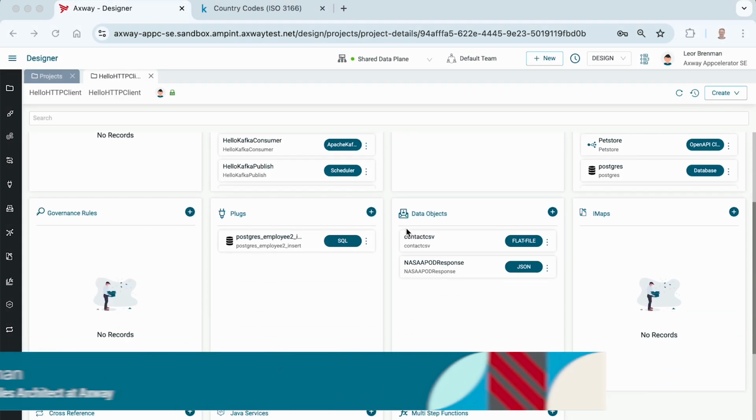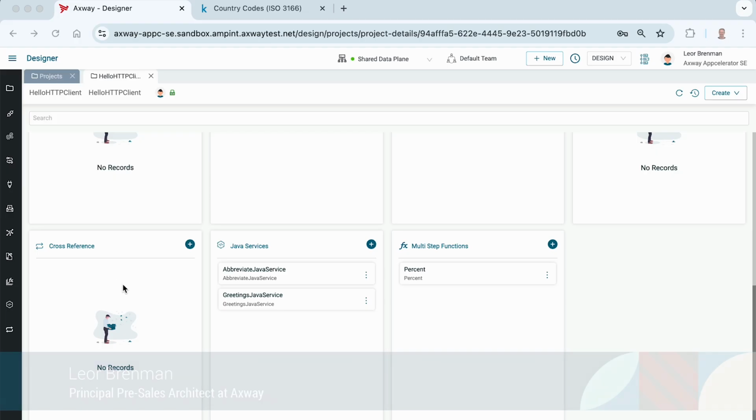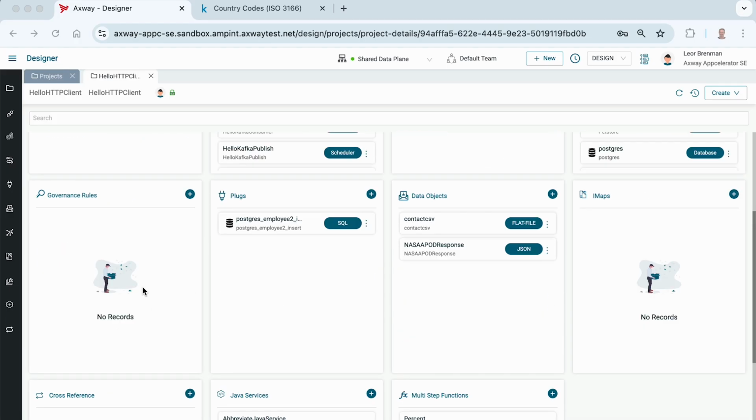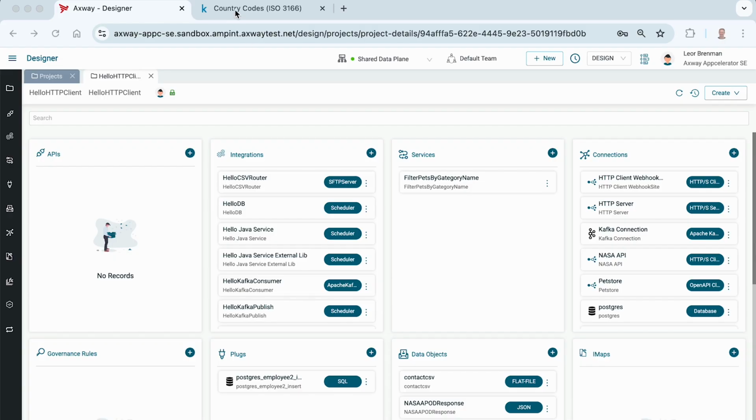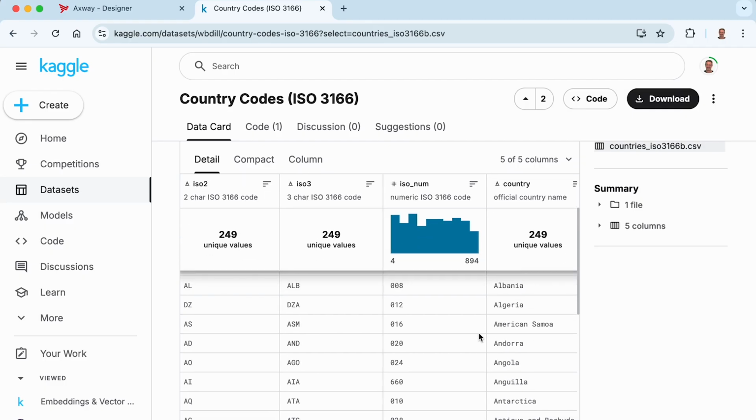Hi, in this video we're going to take a look at the cross-reference artifact, which is basically a lookup table that can be used in your integrations. And the example we'll use is to convert a two-digit country code, so the ISO 3166 two-character code, to the